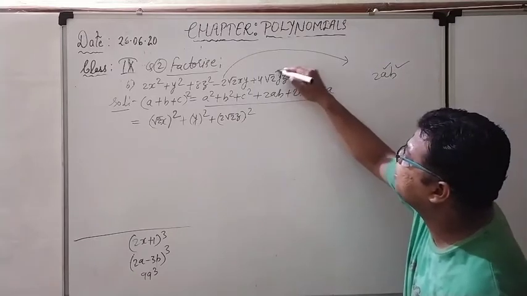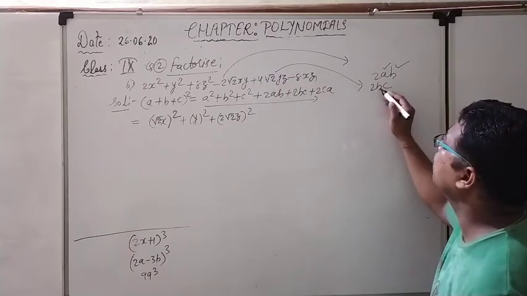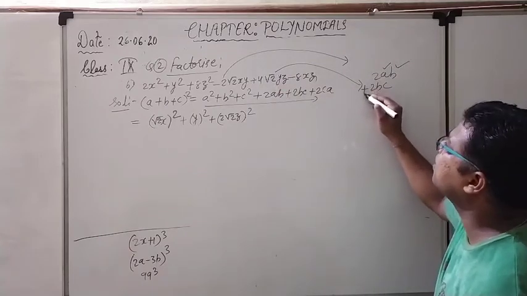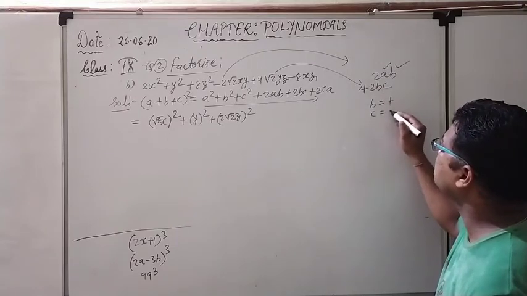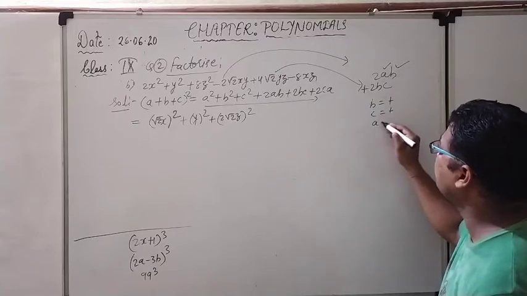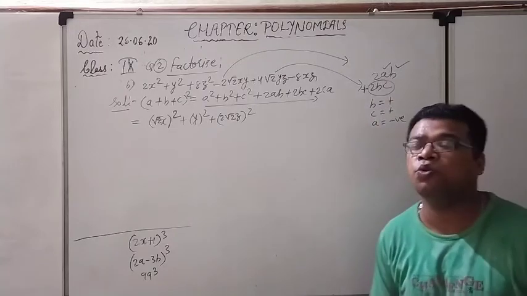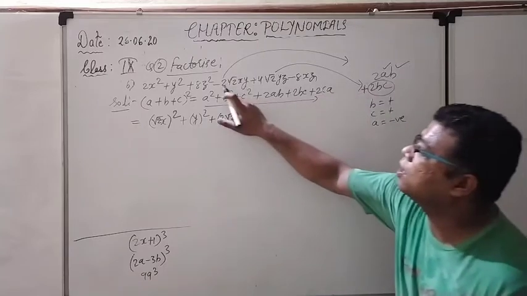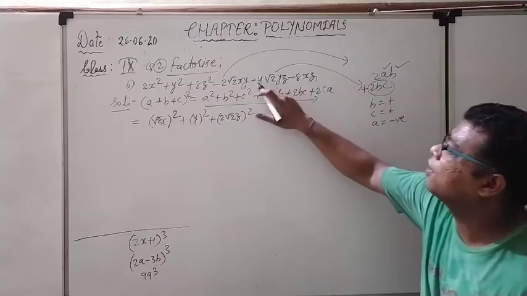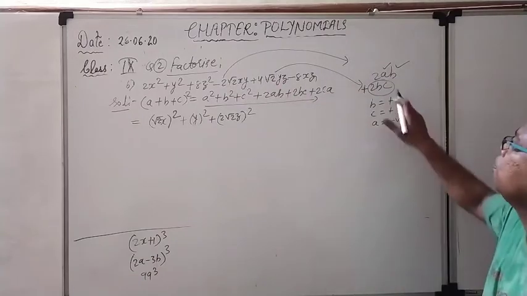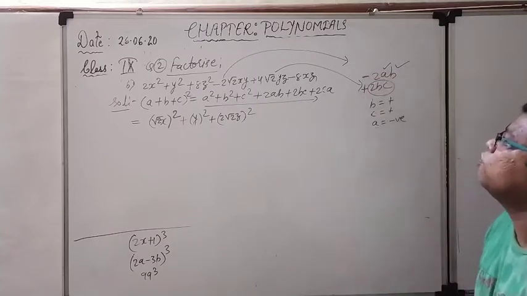Again see the next thing. This is for the 2BC, and this is coming in the positive sign. If this is coming in the positive sign, it means B is positive and C is positive, but A is going to be negative. Only A is negative, B and C both are positive. You may see this from here by looking at the sign. This is for the 2AB, so we are not going to worry. Next term is for the 2BC, so B and C both are positive. Only A is negative because 2AB is coming in the negative form.